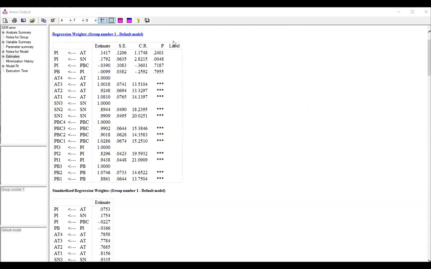सेकंड पार्ट वो है हमारा PLS-SEM. ठीक है, PLS-SEM शुरू करते हैं. अब उसमें डिफरेंस समझ लें कि व्हाट इज द डिफरेंस बिटवीन PLS-SEM एंड